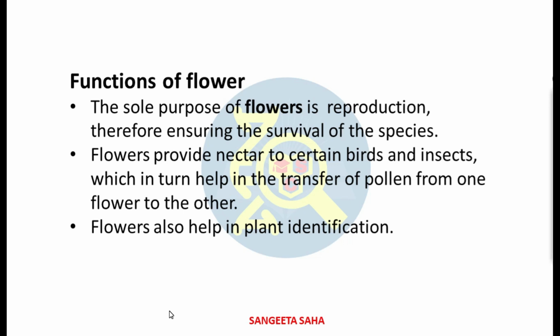Just to understand in this video, pollination is a process by which pollen grains are being transferred by some pollinators or by external agencies like insects in order to enhance the reproduction process. So you will often see insects sitting on the flower, and the flower is providing nectar to the insects. So this is also a function. Next is, from these flowers you will be able to identify plants very easily. So this was all about the morphology of flower.